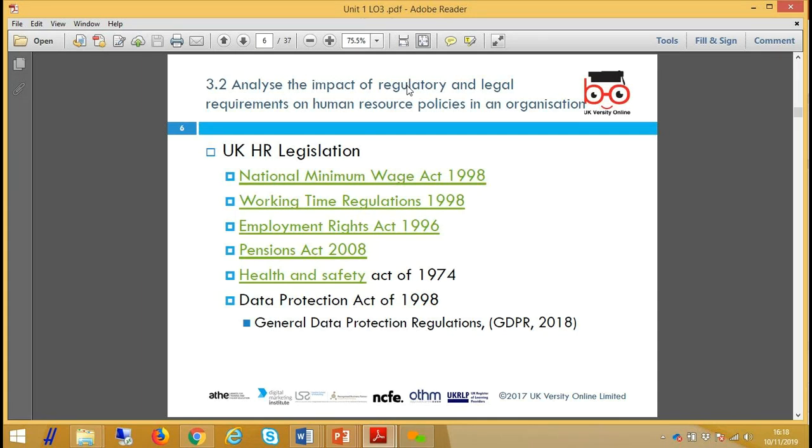One is the National Minimum Wage Act, which specifies that there will be a national minimum wage, which is now called a living wage, although it's not really a living wage. But the actual figure changes year by year. The law is there, passed years ago, 1998 or whatever, but the actual figure keeps changing every year. The law empowers the government to announce the figure every year, which they do every April. So there are some laws like that, where the way they are passed allows the government to update them regularly. The national minimum wage law is one of those.